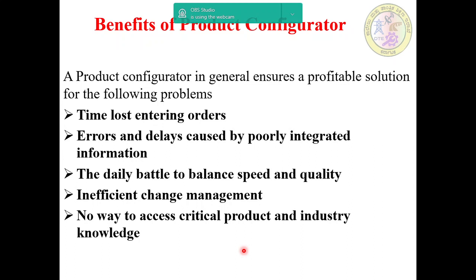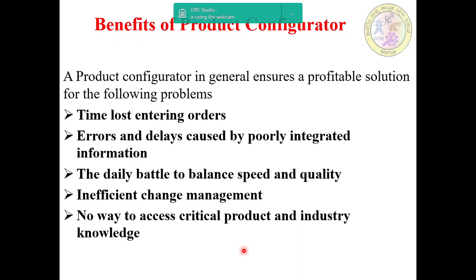Here the product configurator in general ensures a profitable solution for the following problems: time lost entering orders, errors and delays caused by poorly integrated information, the daily battle to balance speed and quality, insufficient change management, and finally no way to access critical product and industry knowledge.